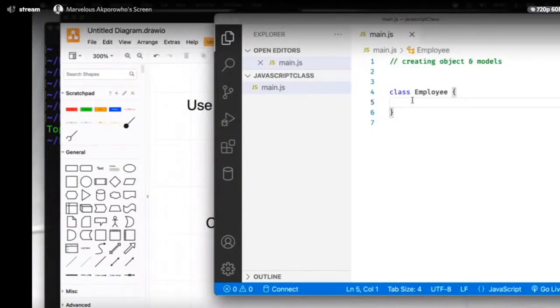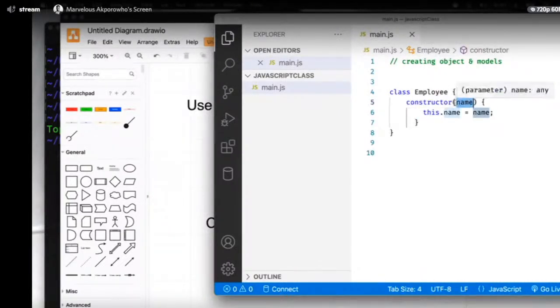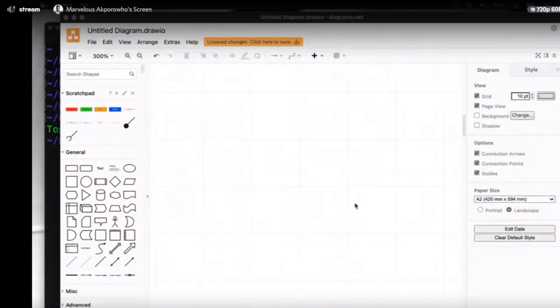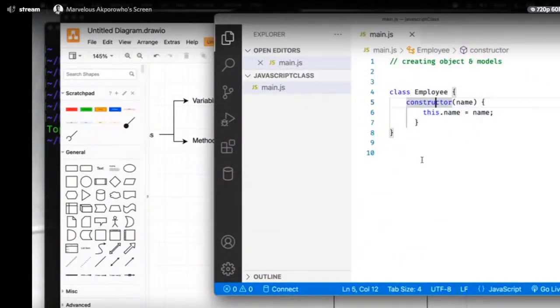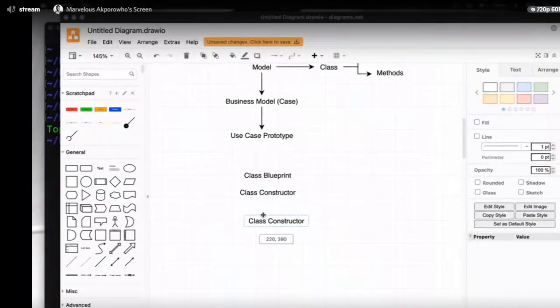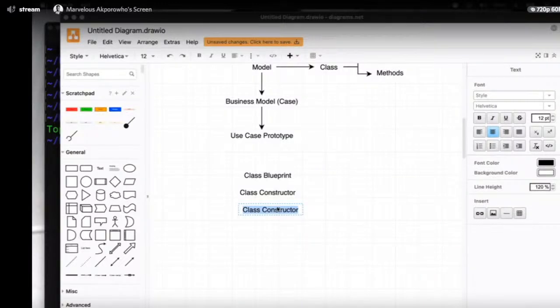So your employee, you need to initialize them. Then you have a couple of methods, a couple of operations that they can perform. In order to do that initialization while appending the properties or the arguments, you need to have what you call the constructor. So that's what you see here. We have the constructor, and then we can put in some of those properties, such as these properties, right? So you need to put in the constructor so that when you create a new instance, the instance of this object or this class instance,